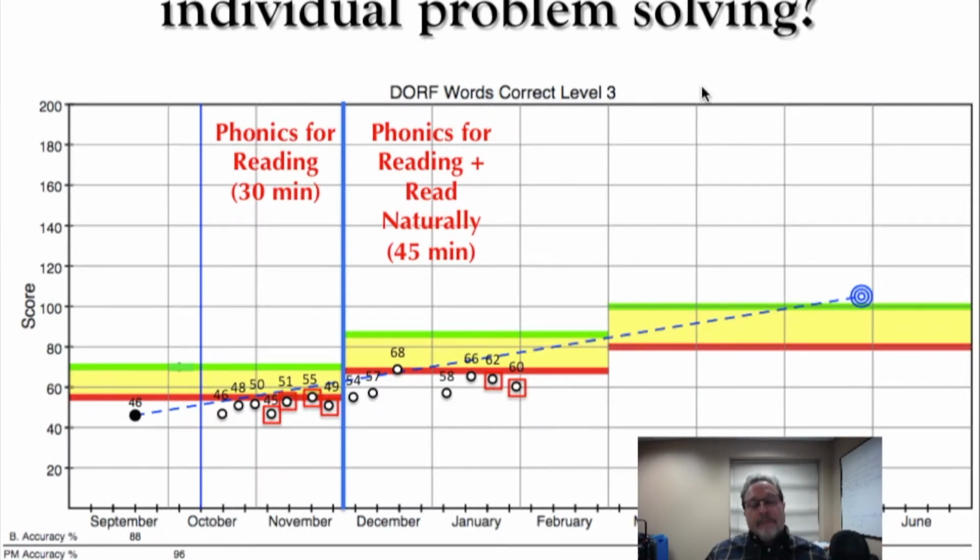So data was collected, the team met again, they evaluated the performance and saw that there was a need for increasing the intensity of that intervention. So an additional program, Read Naturally, was also delivered for the student, and that accounted for 45 minutes of total time in intervention on a daily basis.